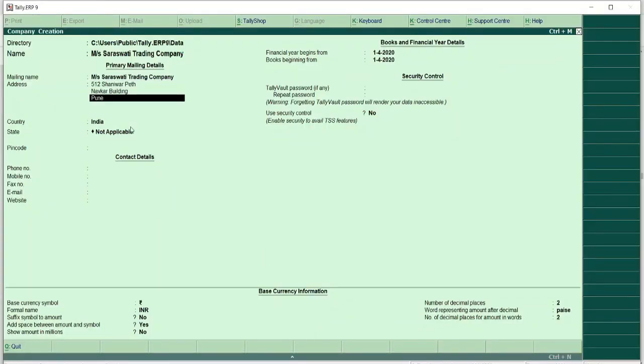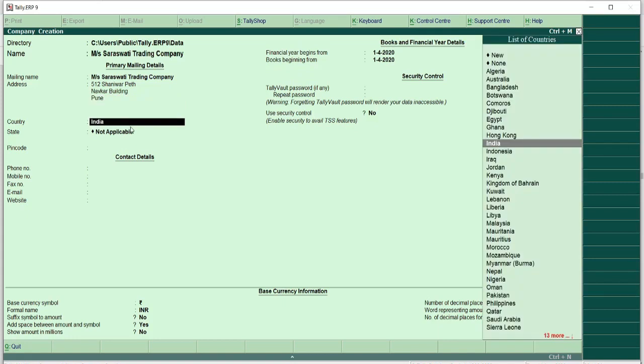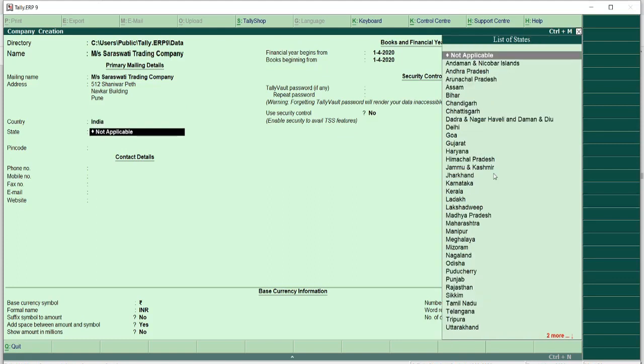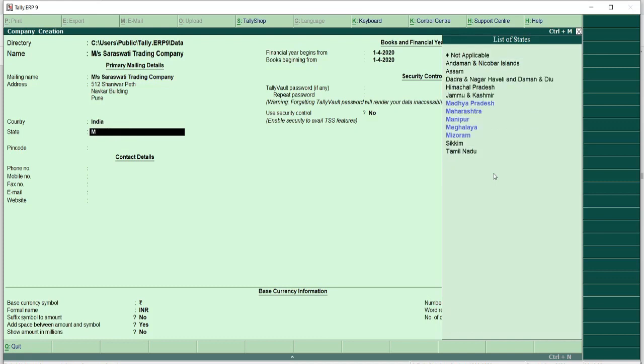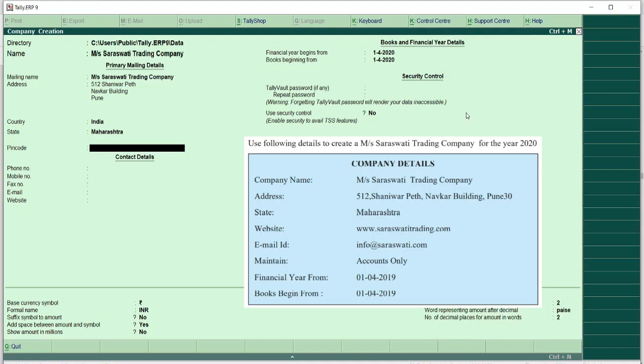After pressing enter key, it will take me to country field. Here the list of countries is given. I am selecting India, which is default, and I will press M for state. Once I press M, the state names starting with M will appear here and I will select Maharashtra state and the pin code which is mentioned